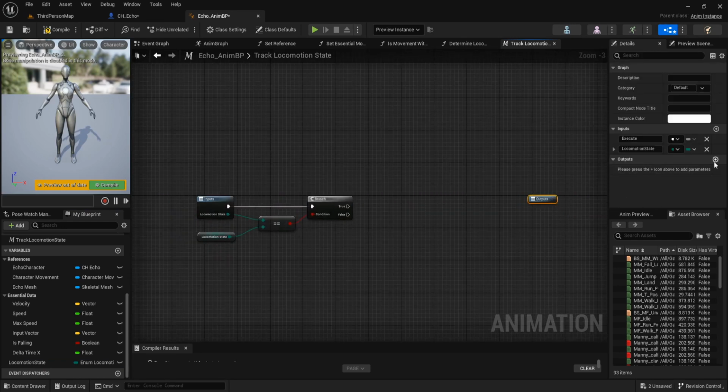The output, add variable. The name is on entry. Variable. The name is on exit, and while true and while false.